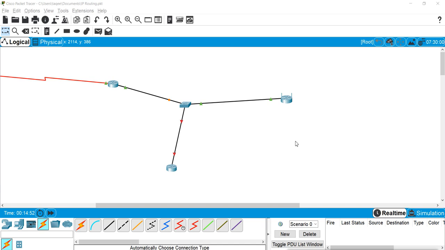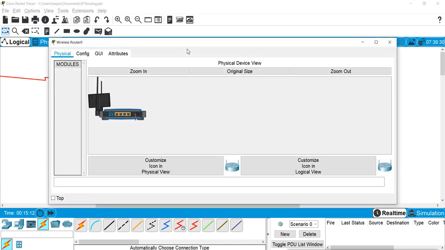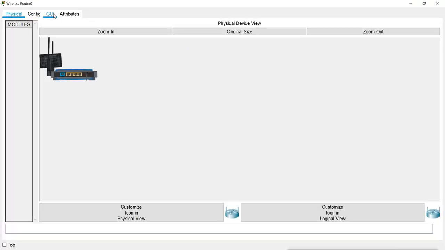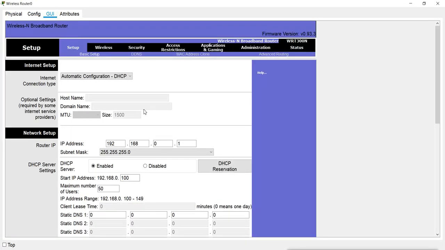Now first, let's say this is my wireless router and I want to use this to connect to the internet. I want to use the PPPoE connection to connect to the internet. So I connected this line to the internet port of this wireless router. Now I'll go to the wireless router GUI, and here first I will set up the internet connection. So in the internet setup you will select PPPoE.